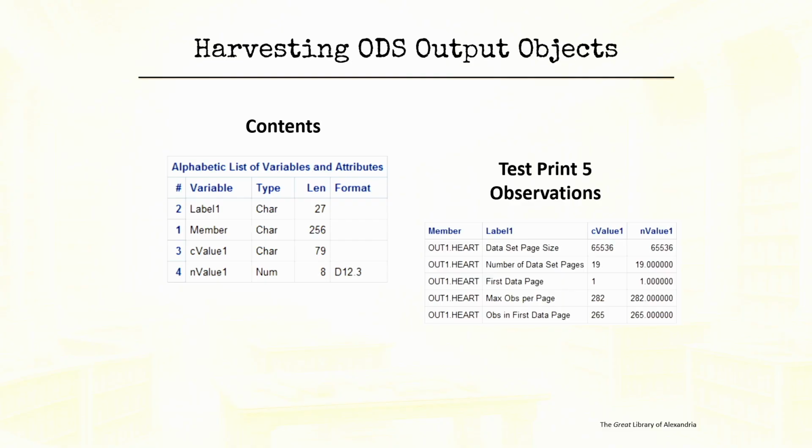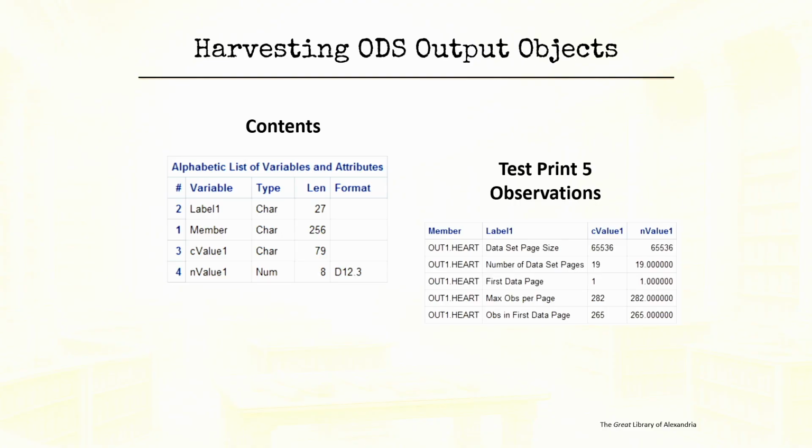So next we're going to investigate, and I did a little test print. So next we're going to investigate those work files. And in here, we're looking at the engine host work data set. And you'll notice that SAS provides you with the label, and it gives you a character value and a numeric value.